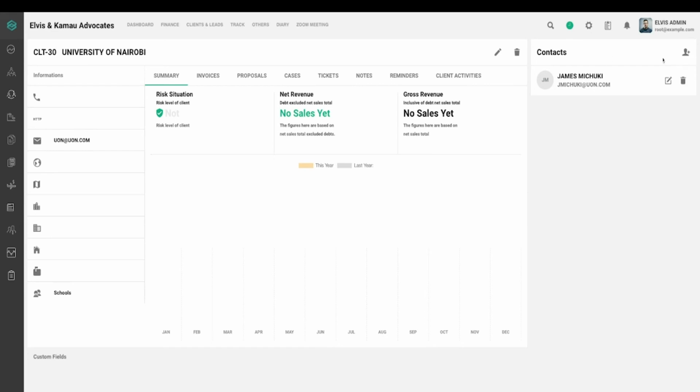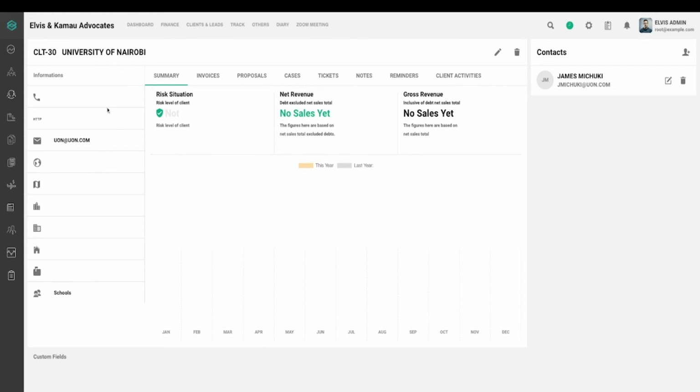So you can add as many contacts as you want under each client. It's just a great way to manage your contacts and your clients, because you might have one particular client, but this client is an organization or a company, and under them you have other contacts who work within this particular area. So this is a great way to manage your contacts based on the organization that they represent or work in. So now that we've seen